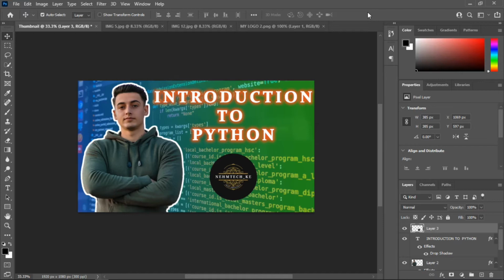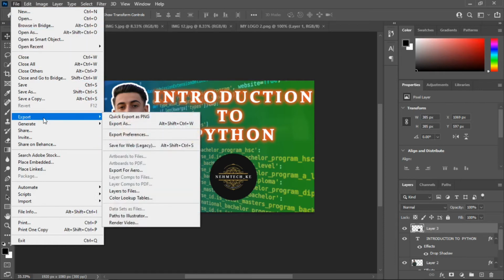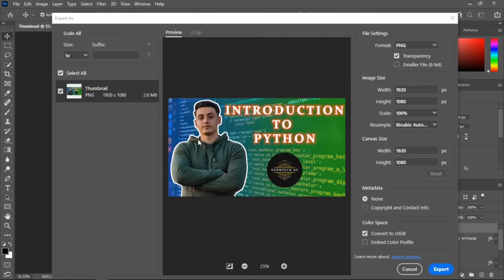So to export it, you go to the file here, and then you go here at the export. You can do quick export, or you can go to export as. I always like to go to the export as. You click on it, and so guys, once it has opened this page,